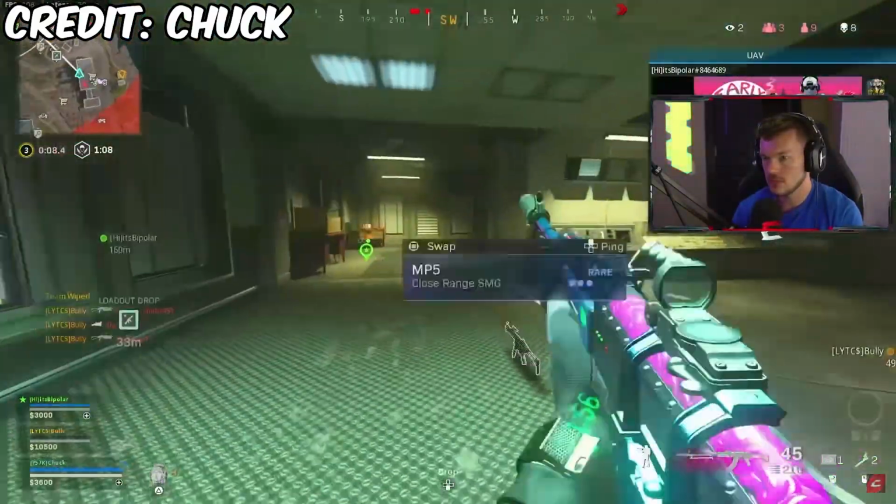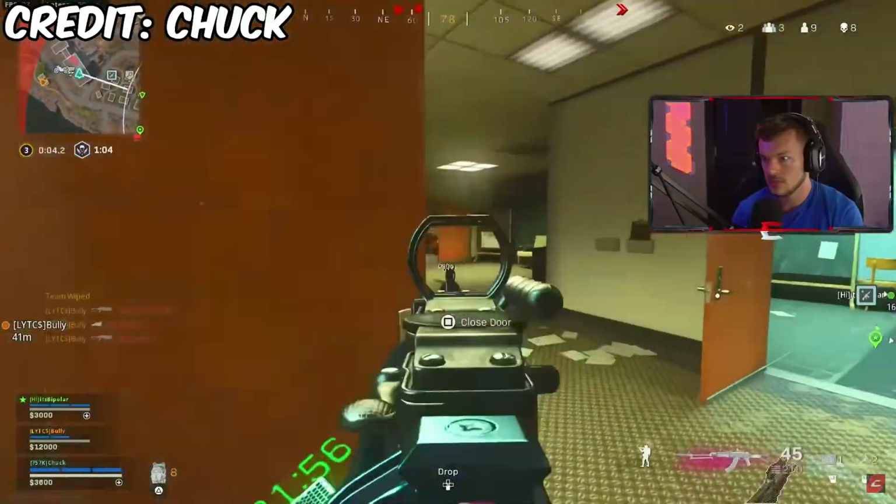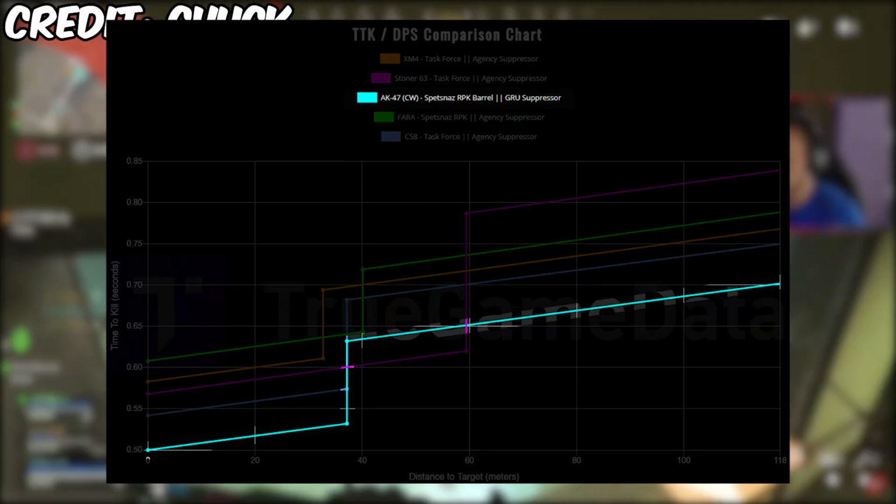Now as well as this, since it has such a fast time to kill, its chest shots are very forgiving, so you can miss 2 bullets, but you're still going to get that fast time to kill at the chest. It's absolutely insane. And here's a quick screenshot of the graph,